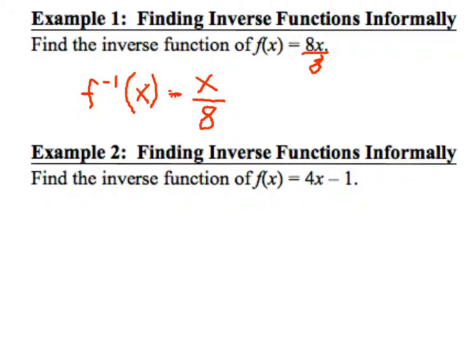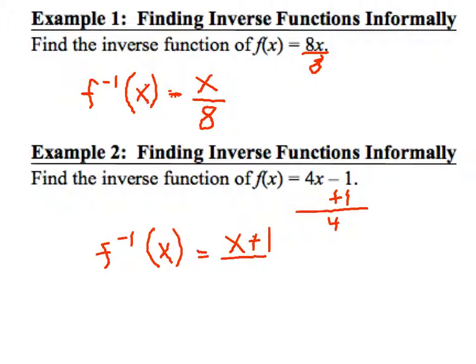So in order to find an inverse function informally, you're just doing the inverse operations. If we look at example 2, in order to get x by itself, you're going to have to add 1, and then you would also have to divide everything by 4. So basically, in order to find your inverse function for 2, you're just going to have f to the negative 1 of x, and that is going to be equal to x plus 1